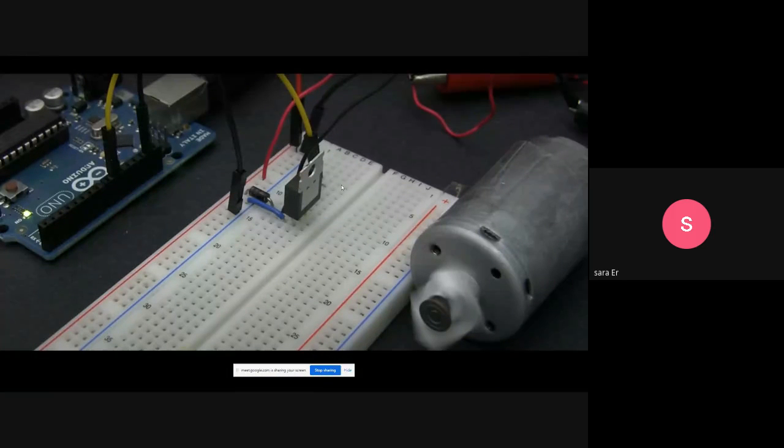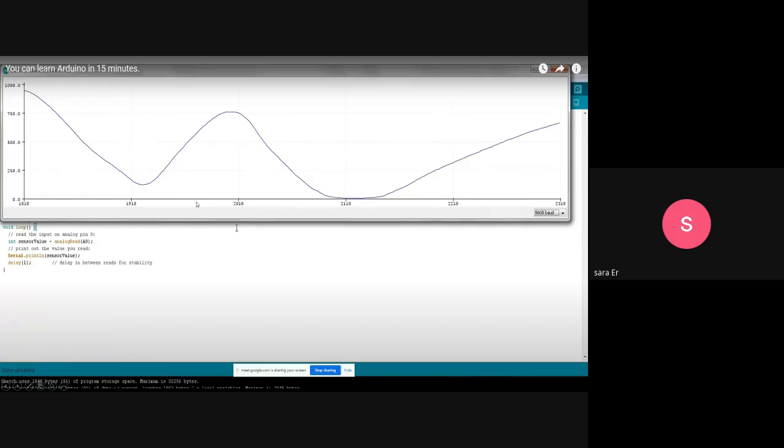With Arduino, here you can see a motor, and you can turn the motor by using a very simple circuit connected to the Arduino. You can use the Arduino as an oscilloscope, and here you can see a waveform plotted in the plotter of the Arduino.